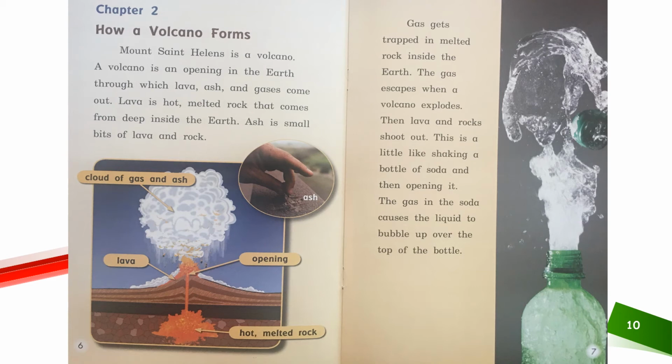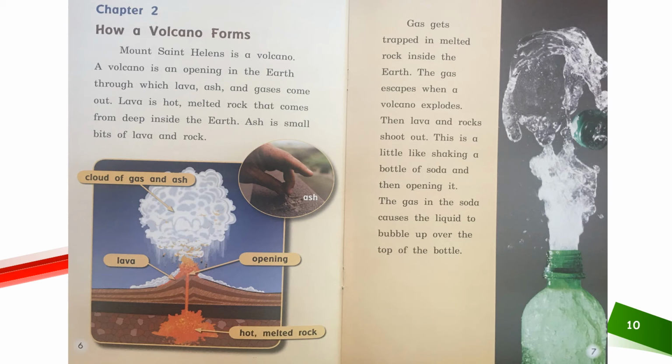What nonfiction text features beneath that print? If you said diagram, you're right. And then there's labels telling you the parts of that diagram of how a volcano forms. Do you see the hot melted rock underneath the Earth's surface? And the pressure builds, and it builds, and there's an opening where the cloud of gas and ash come out. It tells more about what helps you to understand what it really does when it happens